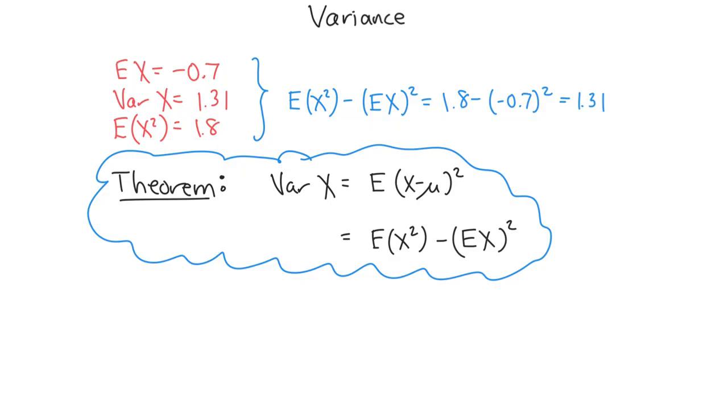So when you need to calculate variance, you can either use the definition, which is the expected value of x minus its mean squared, or you can compute the expected value of the square, the expected value of x, and work with that. In the current discrete setting, there is not a significant difference in difficulty between those. When you learn about continuous random variables, however, it will be significantly different. But just to refresh in the discrete setting,